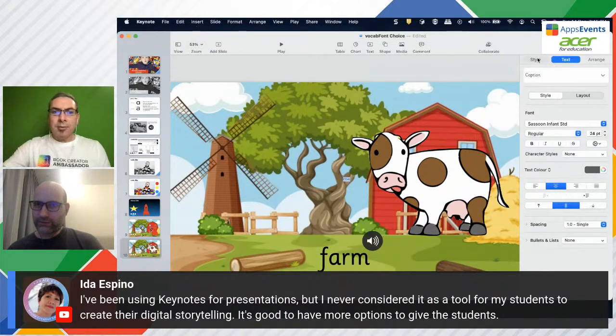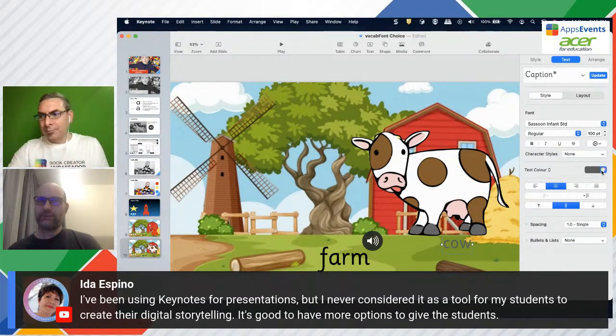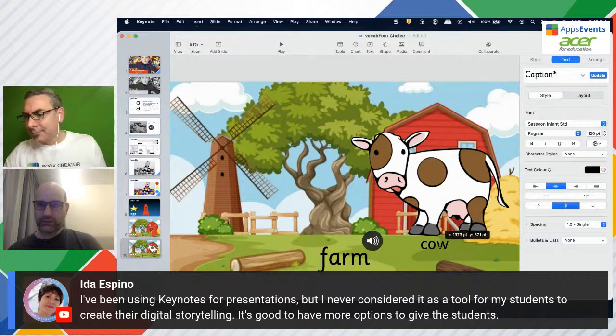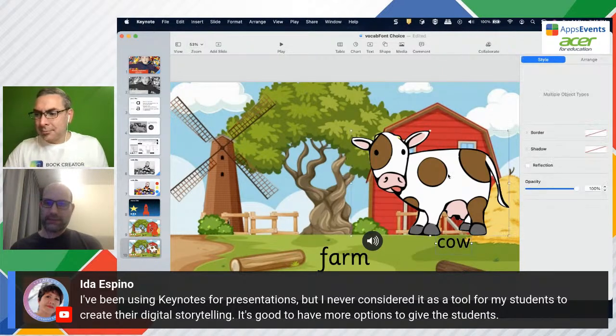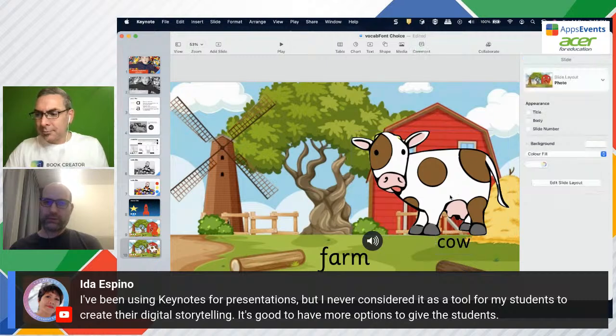So depending on the age of your children, you probably want them to be able to read that. One thing I'm not the best at when it comes to these things is making things big enough for the children to read. Now, my rule of thumb is 32 on dear old PowerPoint, but in Keynote I feel we need something a bit more. Okay, so nice strong color contrast. Very important you get that contrast up there. And I'm going to get my points up a bit higher because I feel it needs to be a little bit taller than that.